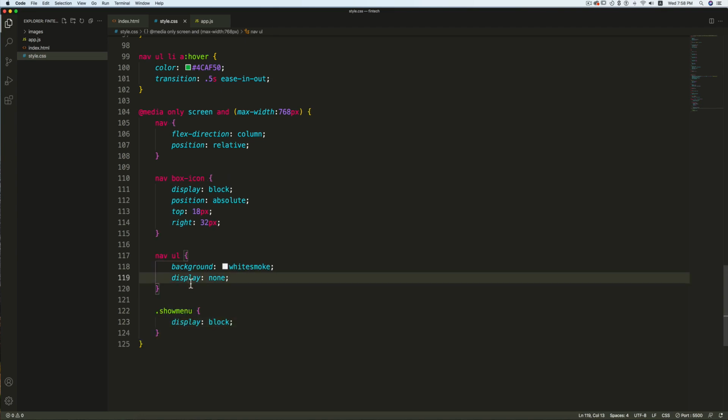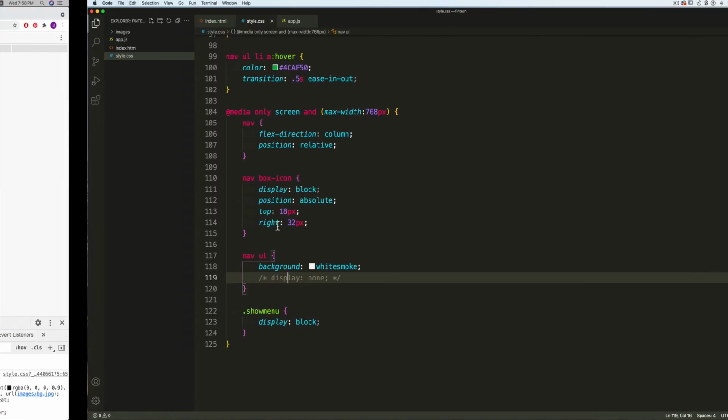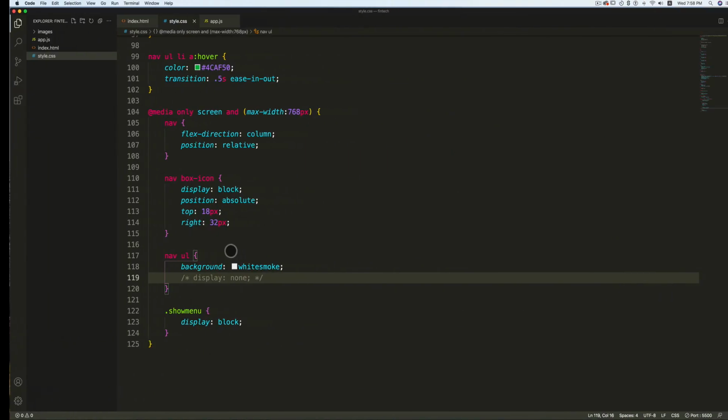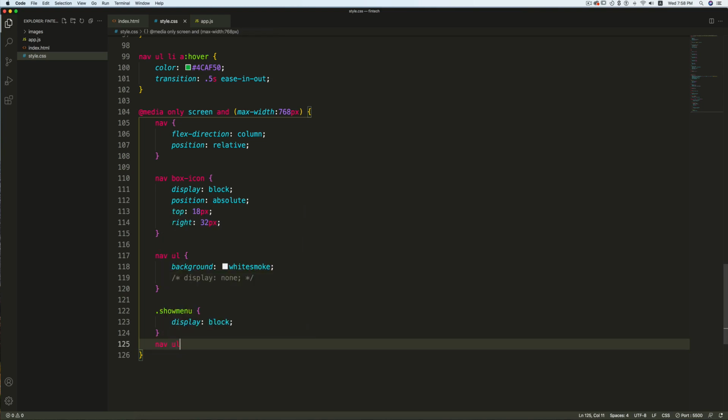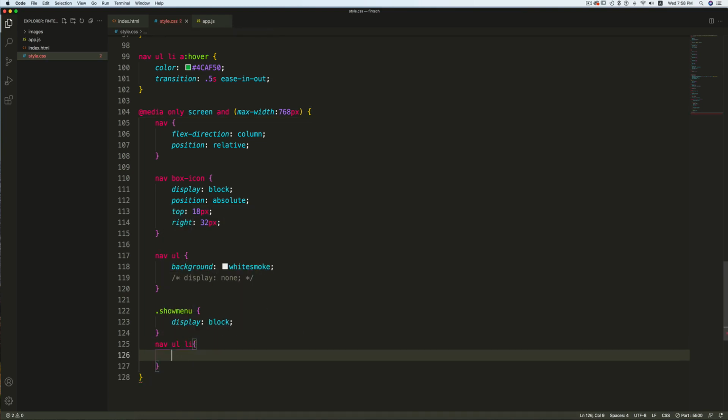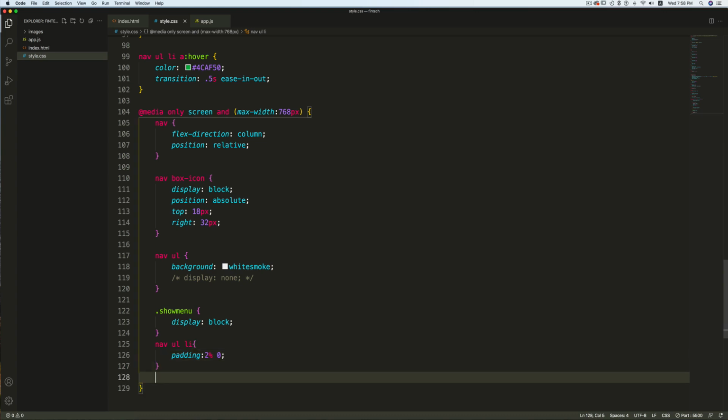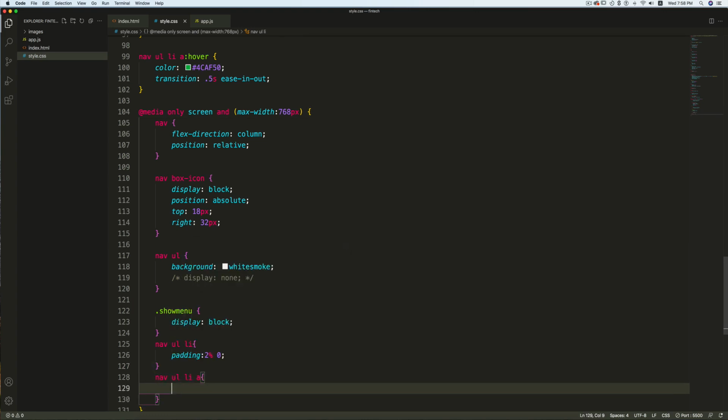But let me comment this display property now. We are going to style the UL first. It's not looking right. So I'm going to target nav UL li. I'm going to set a padding 2% top and bottom, right and left 0, and I'll set the nav UL li a color to #222.